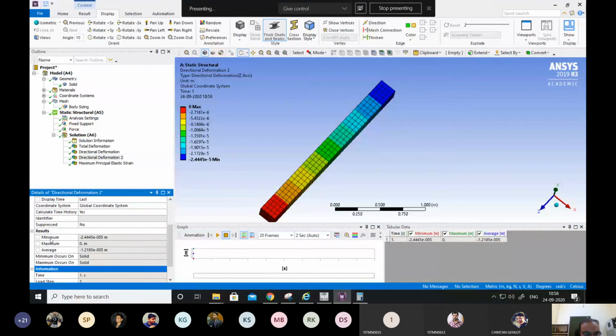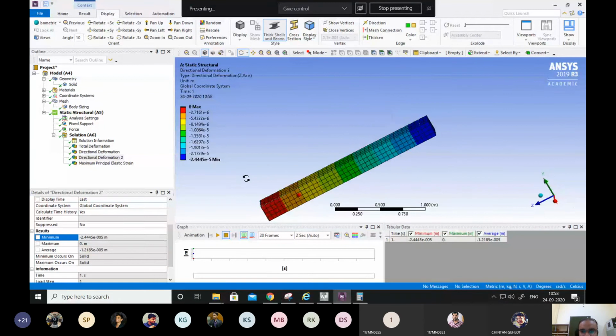But anyways, so we can get the maximum minimum values here. So minimum, it is saying 2.4 into 10 to the power minus 5, basically because we are seeing in z direction, and the maximum is in minus z direction. So that's why it is assuming this as 0 and this as negative deformation. So that's how it has plotted. We can change all these coordinates here.